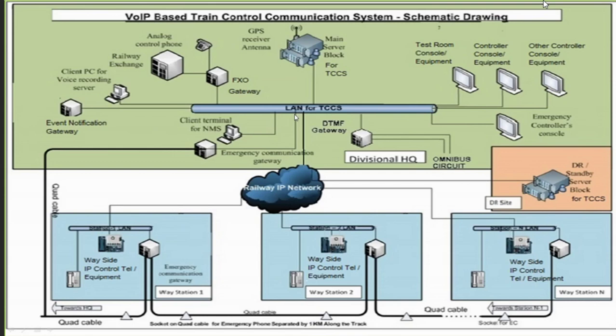So in these SPs and SSPs, you will have a remote termination unit with modem facility. So the RC circuit will be extended to headquarter equipment through modem configuration. Our responsibility is to maintain the cable pair up to the RTU equipment. RTU equipment will be maintained by the traction staff. So the pair between RTU and headquarter is the responsibility of our telecom department.